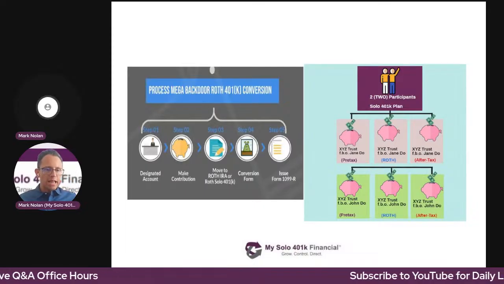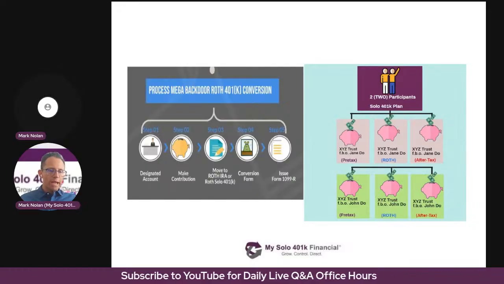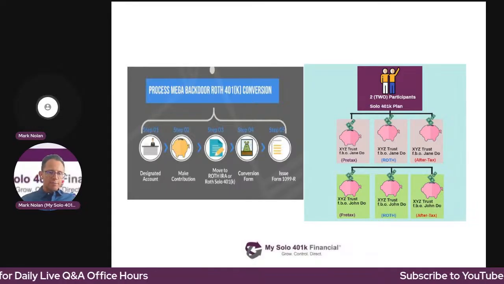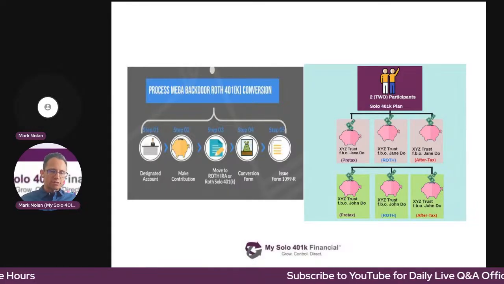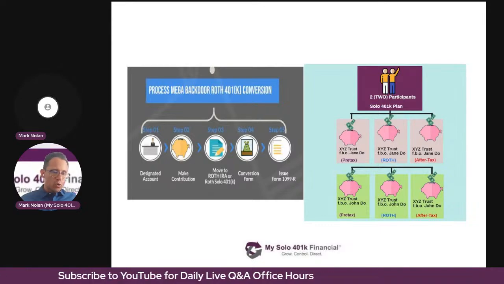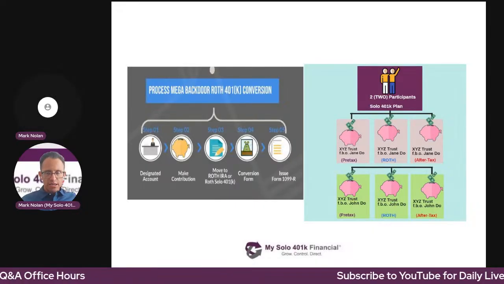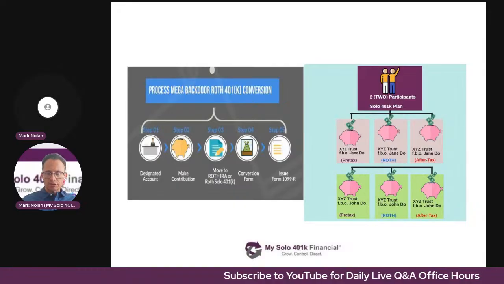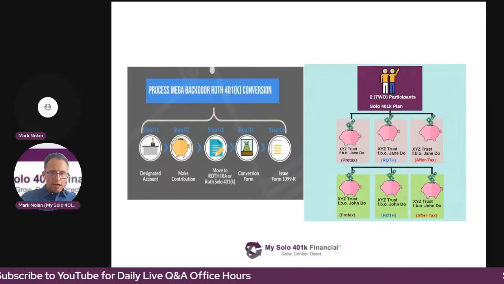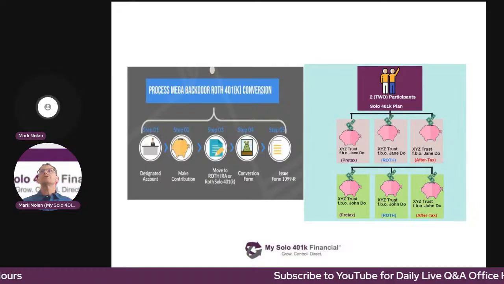Here's an example of a 2-participant plan, 2 spouses, for example. It's still one plan, sponsored by the same self-employed business, and you each have separate bank or brokerage accounts under that same plan to hold your respective funds. This is an example of where you would have 6 separate holding accounts, 3 for each spouse: pre-tax, Roth, and after-tax. Of course, you don't have to make all these contributions every year, but the plan allows for all these contribution types, and you don't lose that feature by not making those contributions. And then you're going to report those contributions on your business and personal tax return, depending on the type of contributions.